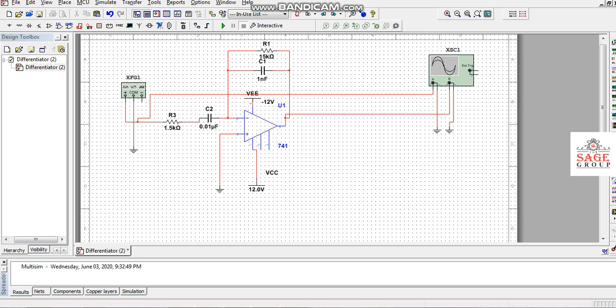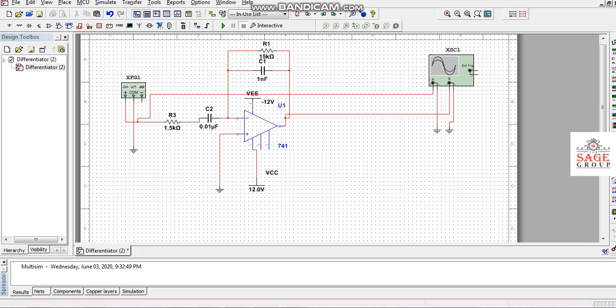We are giving the input, which is a square wave, to this inverting terminal through resistor R3 and capacitor C2. We are using the CRO for seeing the input waveform as well as the output waveform.